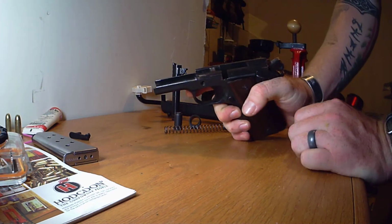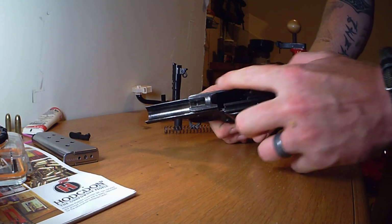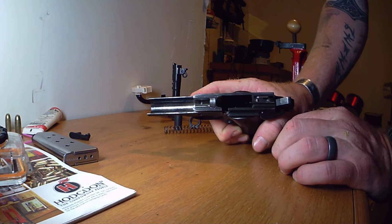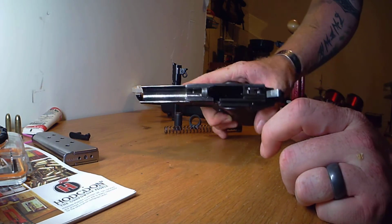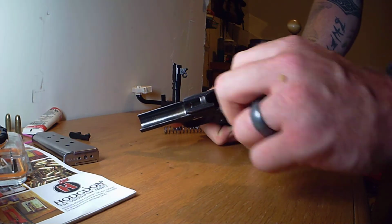Here on the bottom, lower, I'll put lube on all of this right here. Like I said, metal on metal contact. I usually don't lube in here. I don't know why I did last time I cleaned it, but I usually don't lube in there. I'll just wipe in there. I'll put just a little bit of lube on